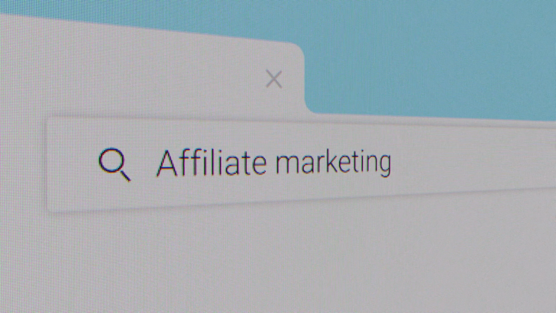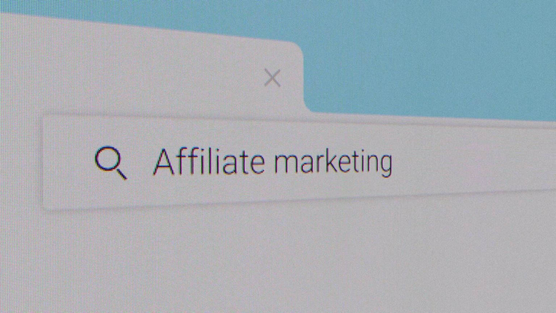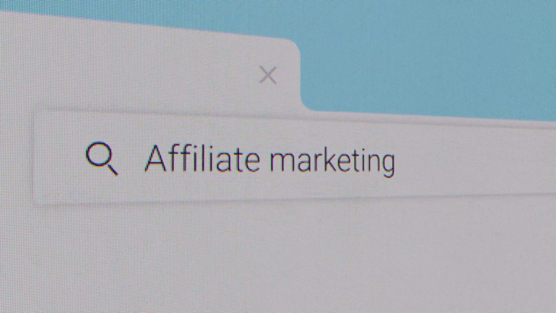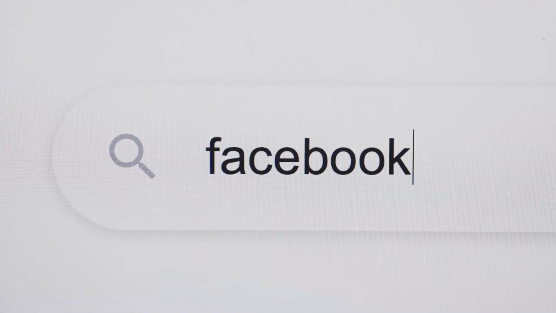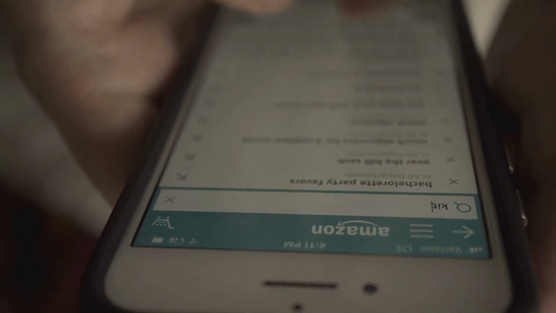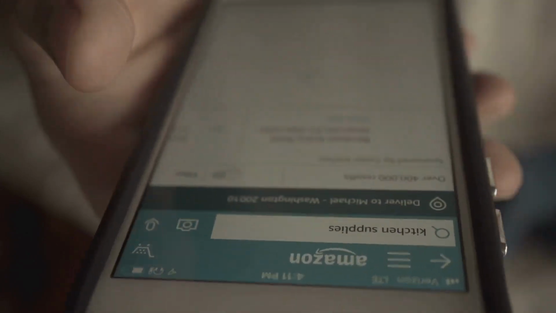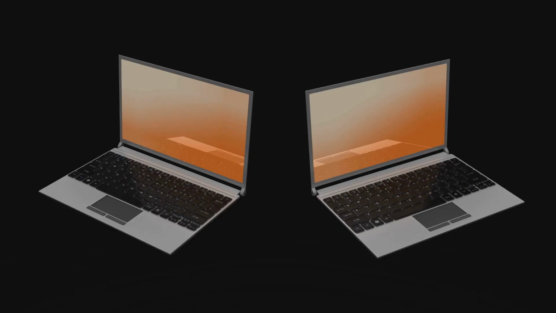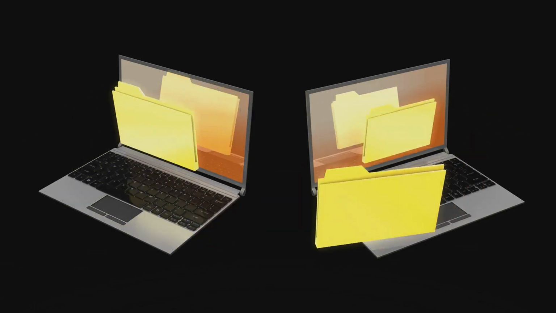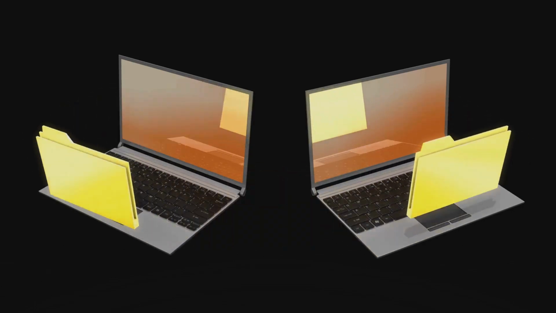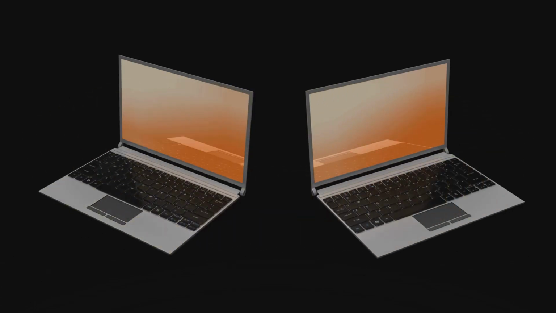Informational keywords are for seeking information, for example, how to tie a tie, or what is SEO. Navigational keywords are used when looking for a specific website or brand, like Facebook login or Ahrefs blog. Transactional keywords indicate an intention to make a purchase, such as buy iPhone 14 or cheap flights to London. Then there are commercial investigation keywords, which are for comparing products or services before purchase, like SEMrush versus Ahrefs, or